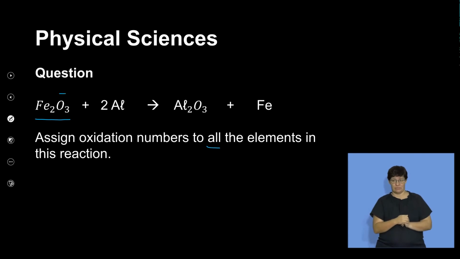So here oxygen is -2, right? But the total is -6 for oxygen, right? And then for iron in this case, because of that chemical formula, is +3, right? It's +3, the total is +6, which gives us a total of 0 for that. Okay. Now, if we focus our attention on aluminium, in its purest form, any pure substance as an element, it